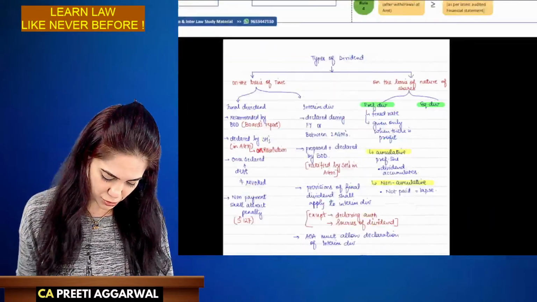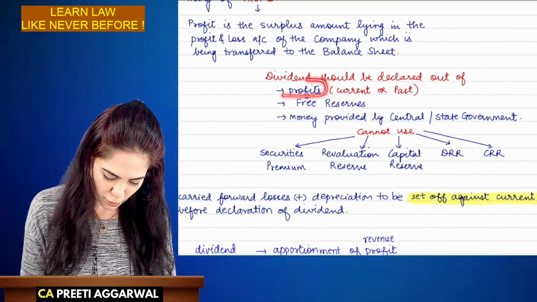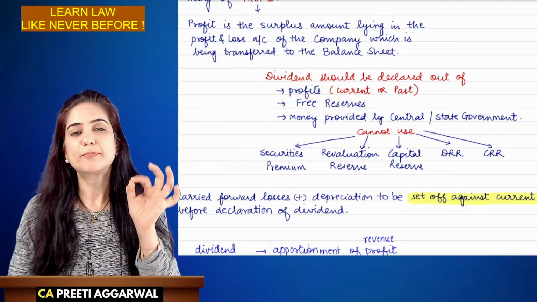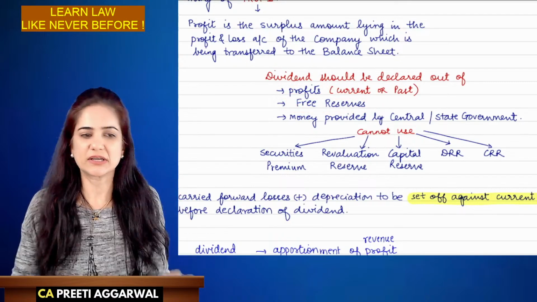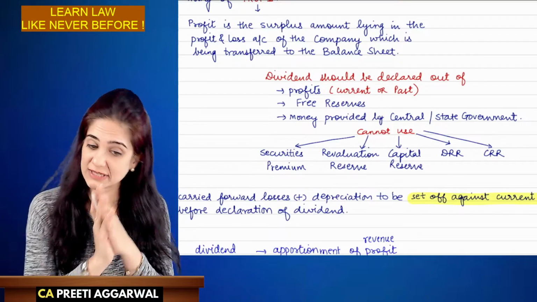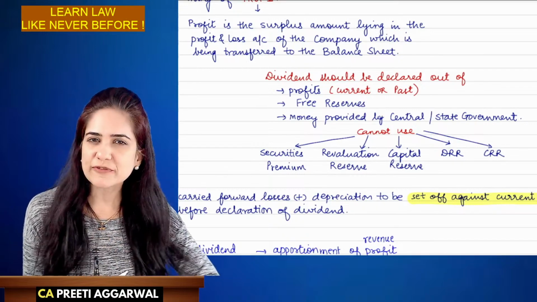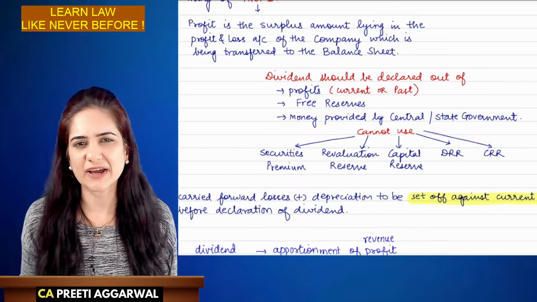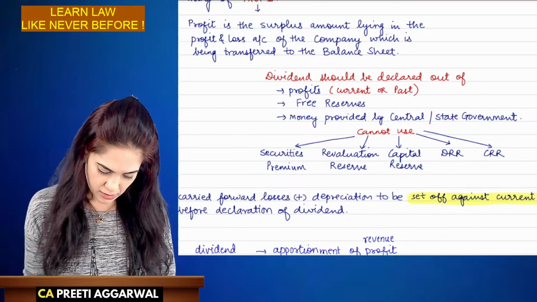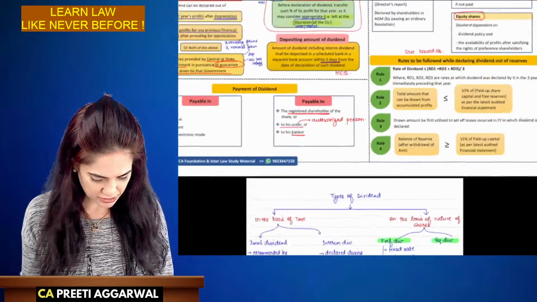Now, students, do you remember I had mentioned that the dividend may be declared either out of profits or reserves. Now, if the profit in the current year is either inadequate or there is no profit, but still you want to declare dividend, this is done just to maintain the goodwill of the company. Like, we have been giving dividends for 5 years. This year, if we don't give, what will people think? So, if you are utilizing the free reserves, there are certain restrictions.